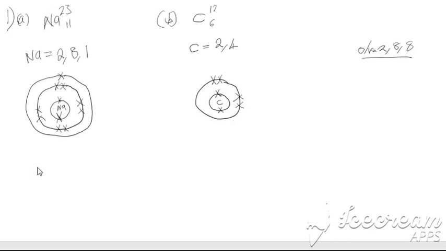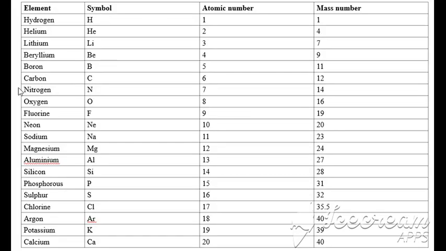It's very much simple. So okay, this is a table of elements. As you can see, there are about 20 elements here of the periodic table, and these are the most important elements on the periodic table that they like using in the Zambian syllabus. So you need to know the symbols for these same elements, the atomic number and the mass number for these same elements. Not only that, you can illustrate the electronic configuration by drawing and writing for fluorine, neon, magnesium, sulfur,